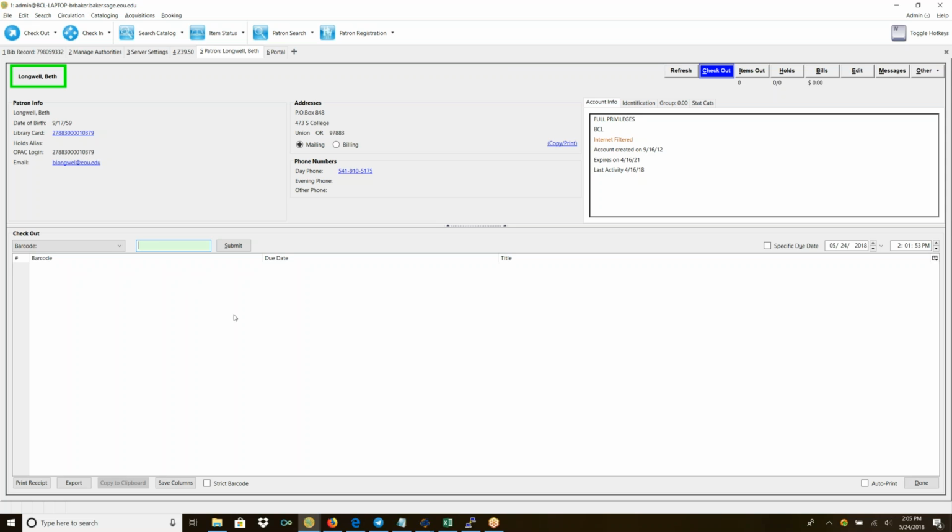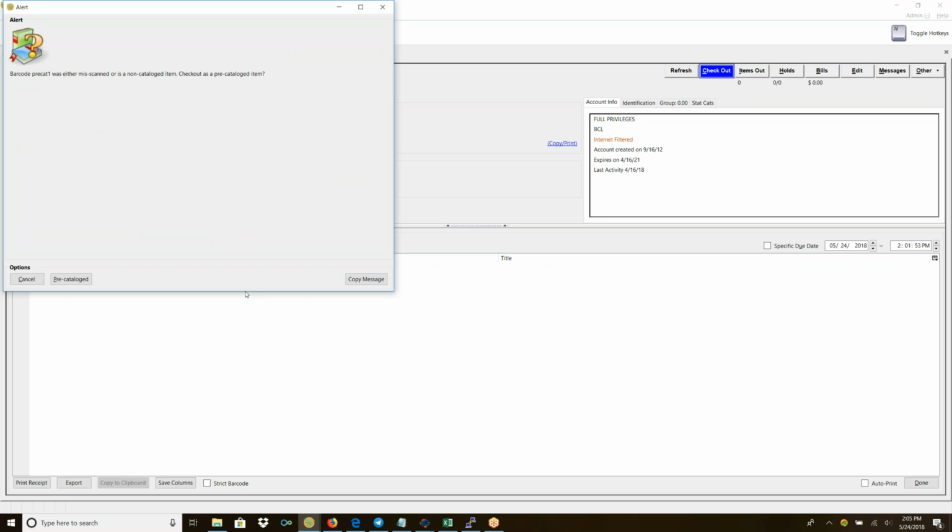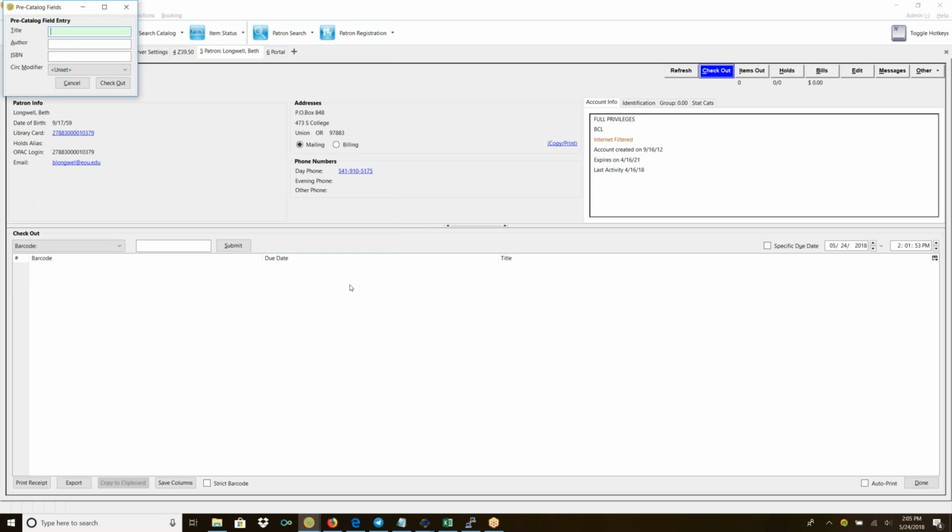So I'm just going to check out a book with a barcode called Precat 1, and hopefully nobody has used that barcode. Otherwise, I'll be checking it out. Okay, so barcode Precat 1 was either misscanned or a non-cataloged item. Do you want to check it out as a pre-cataloged item? So this is like circulation type stuff, but I wanted to create the example that we can then catalog. So I'm going to say pre-cataloged,